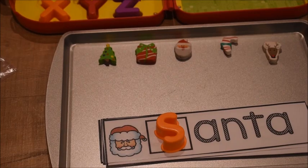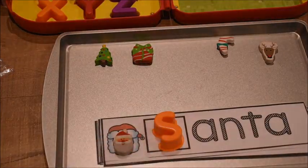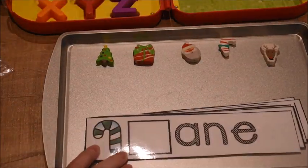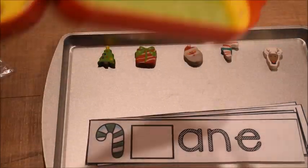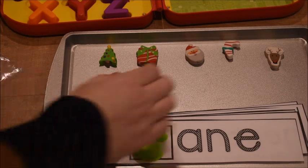If you take a look at the erasers, he's going to match up the Christmas eraser. So he's going to find the Santa, match up the Santa. So he finds his S and he matches up the Santa. All right, so we'll go on then. He'll find the next one, cane, candy cane. Candy cane starts with C. So he has to find his C here, place it on, and then of course he's going to find his candy cane eraser,